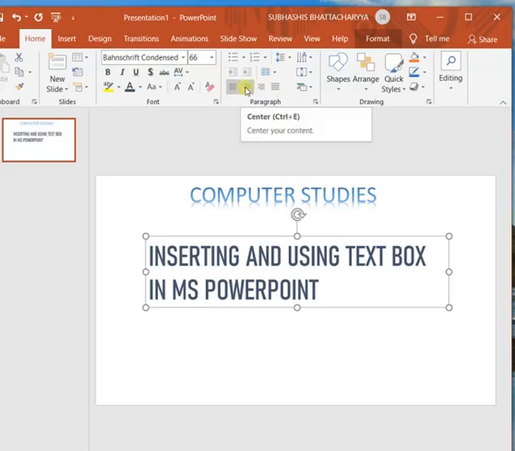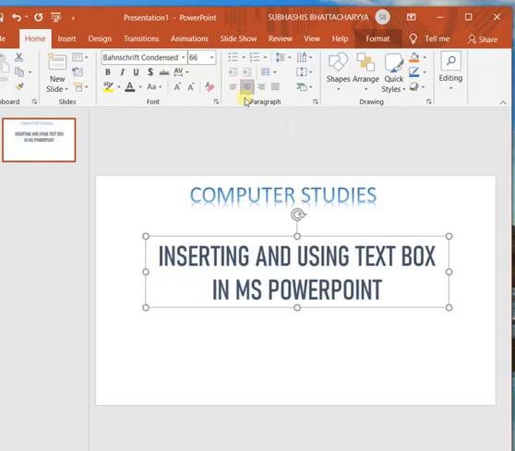If you want to make the text center, click on center. Now you see both the lines are in the center position within the text box. That means both the lines have come to the center of the text box. They are equal in distance from the left margin as well as the right margin.